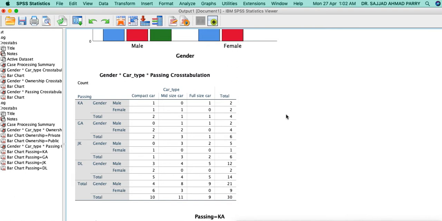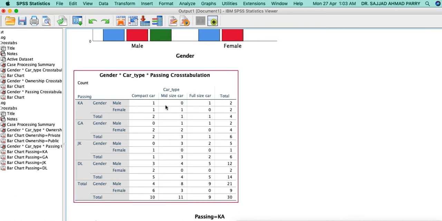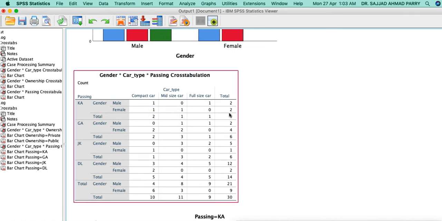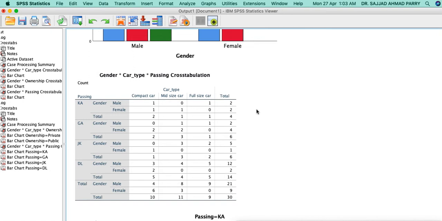Out of the total sample size of 30, 2 people are male from Karnataka, using Karnataka passing vehicles. Of these, one has a compact car and the other a full-size car. And there are again 2 females from Karnataka using vehicles of Karnataka passing.